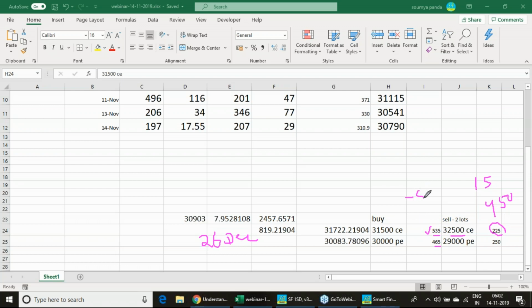So 85 rupees we are paying for this, and in the put strikes we are receiving 500 and paying 465. So here we are making 35. So this particular strategy we are initiating with a debit of 50 rupees, with a maximum duration of 10 days we are holding, and the maximum expectation